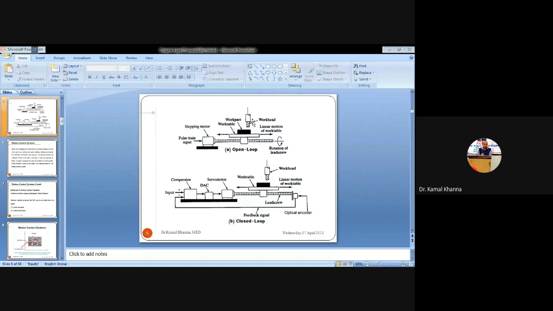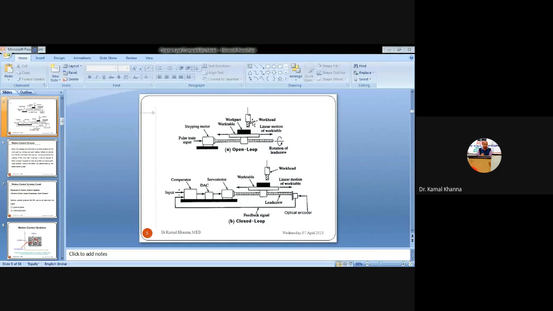But if you have not found any error during the simulation process, and there is also no error in the feedback signal, then the operation will be performed accurately when you have completed all the sequences of operation on the specimen. Whereas in the case of the open loop system, if an error is left over from the simulation process, then that error will be inserted into the workpiece whenever that operation is performed, because there is no chance of getting a feedback system in the open loop system.